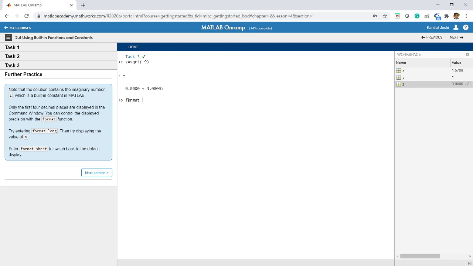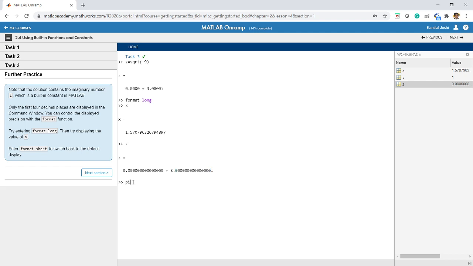I can use this command format long, press enter. This will format it for longer precision, and I'll type z. Sorry, I should have pressed z. So you see, now it is showing me so many zeros. Earlier it was only showing 4 zeros.